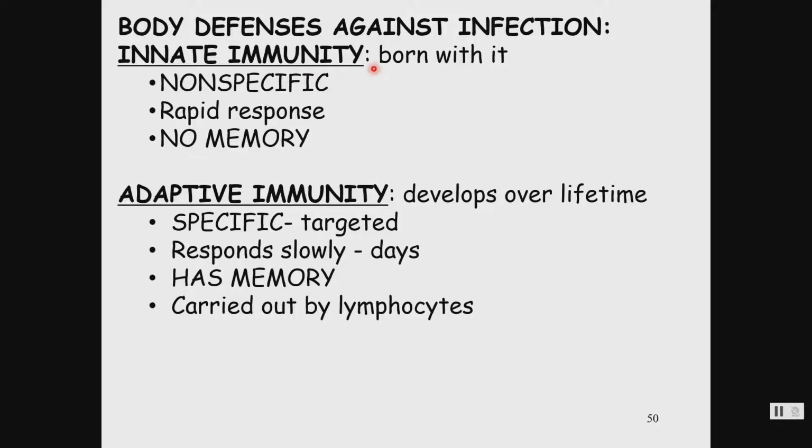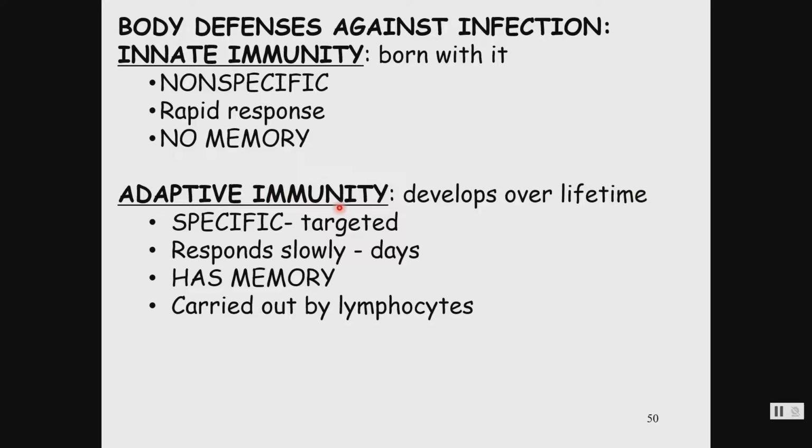The thing about the innate immune system is it is in place, so it has a very rapid response. The downside is it has no memory, meaning it doesn't get any better over time. The adaptive immunity is the part of your immune system that gets better over your lifetime. Small children get sick very frequently. Pretty much during adulthood, you get decades of health. You don't often get sick. Every now and then you might get a cold or something.